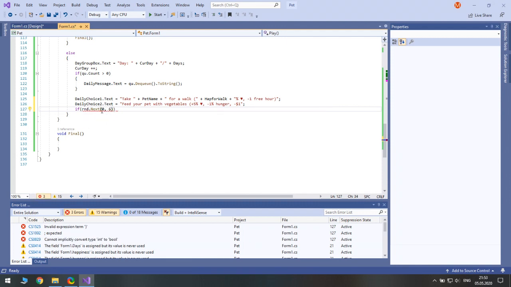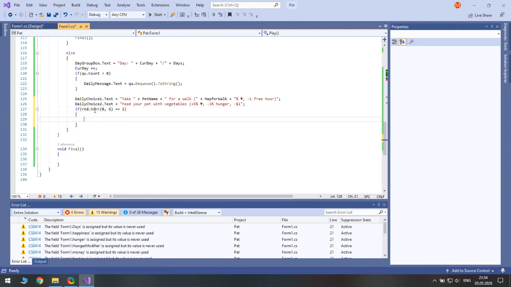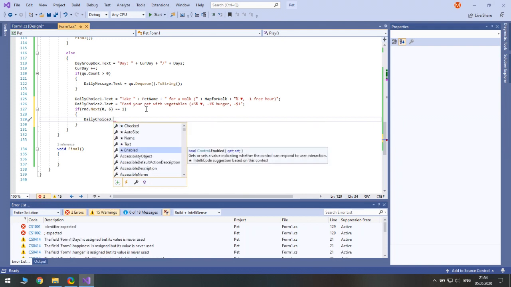If the number in its range is 1, so there was the probability that there is 1, 0, 2, 3, 4, 5, and no, not 6. This is exclusive. So 0, 1, 2, 3, 4, and 5. So if it is, then daily choice 3 should be visible.